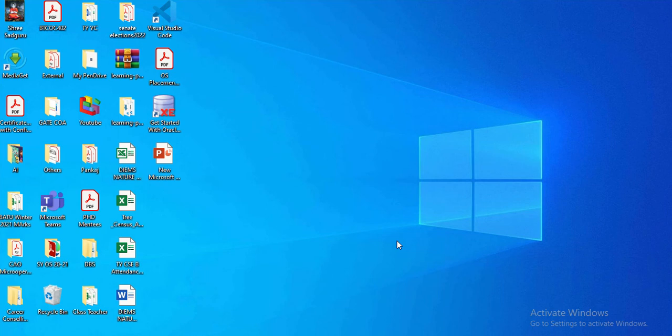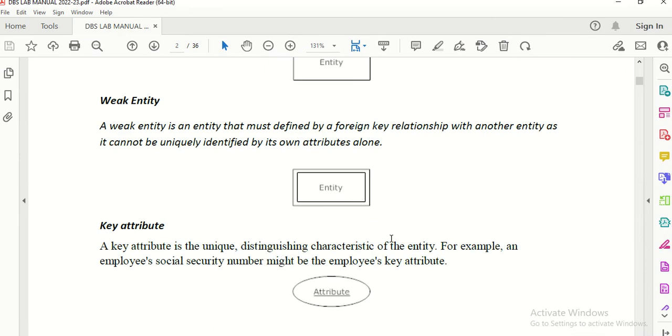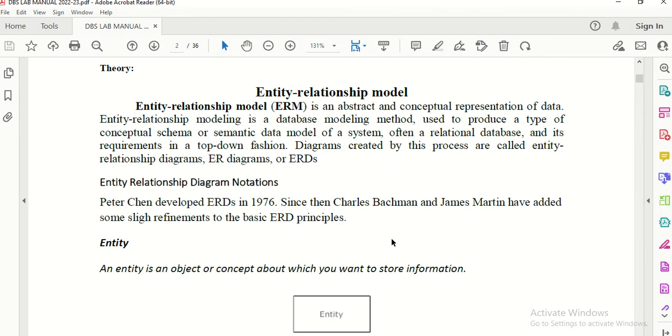Hello all. Now we will try to understand how to draw the entity relationship diagram. Entity relationship diagram preparation is the very basic step while creating the database, or it is a prerequisite because of which we can prepare the entire database.